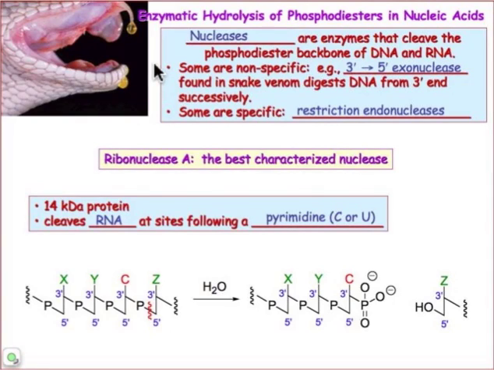DNA and RNA differ only in a small way in terms of their structure. It's just the presence or absence of that 2' hydroxyl group. But that small difference in structure turns out to have a huge effect on reactivity. In particular, the 2' hydroxyl group in RNA opens up a reaction pathway for hydrolysis of the phosphodiester bond that